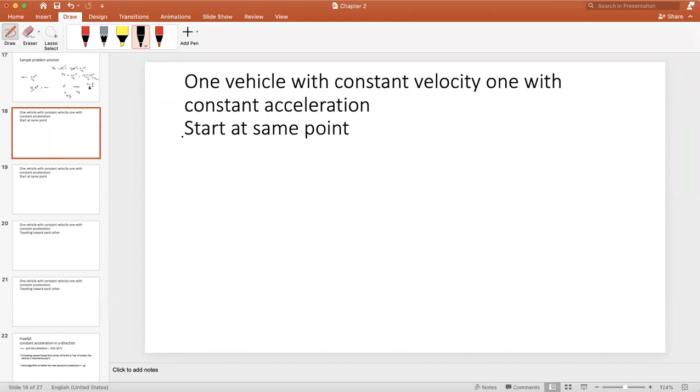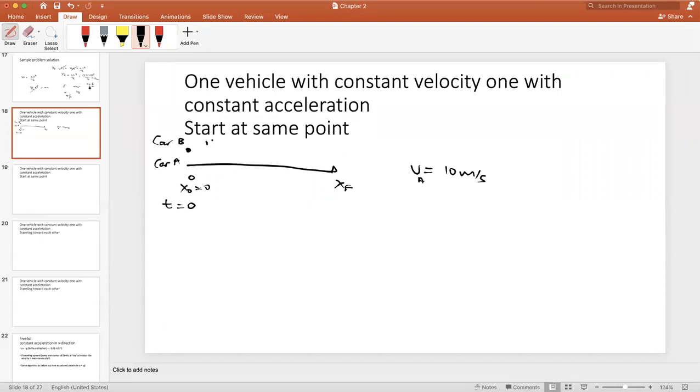Okay, we have one vehicle with constant velocity and one vehicle with constant acceleration from the same starting point. So let's draw a picture of this. Imagine at x equals 0, and then some x final, you have car 1 or car A. Car A is going that direction with a constant velocity, so the velocity of A is 10 meters per second. At time t equals 0, it passes this point x naught, where x naught is equal to 0. At that same time, at that same position, x naught equals 0, car B